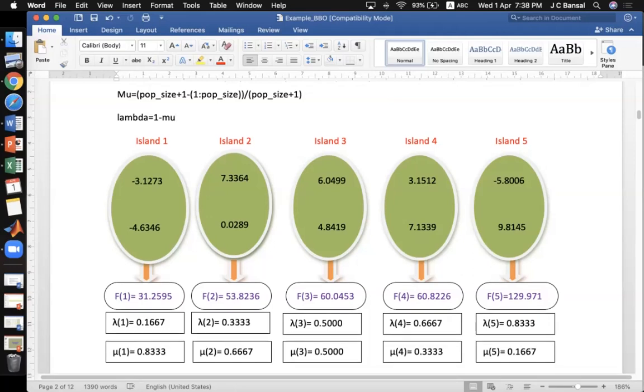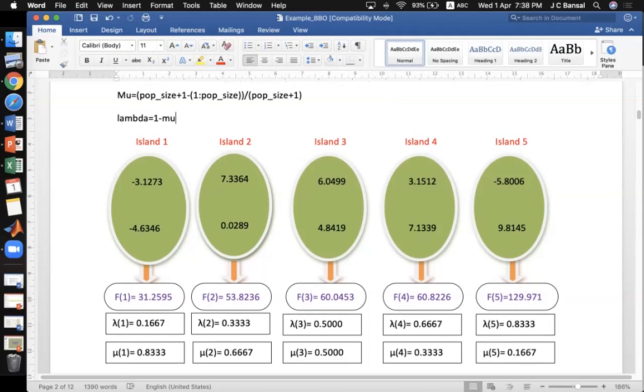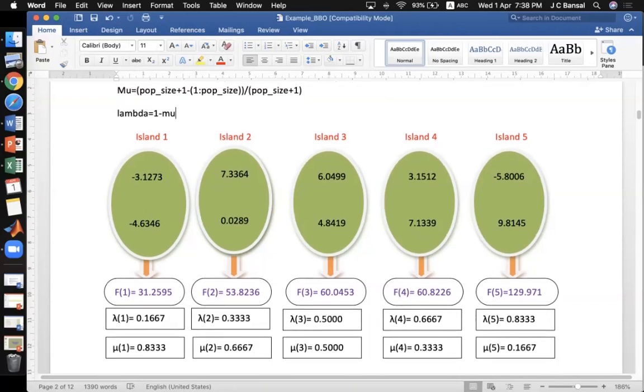Yes, sir. And it is now for the second island. For the second island, I hope you understand that these islands are sorted according to the fitness or according to the objective function value, and therefore the second island will have